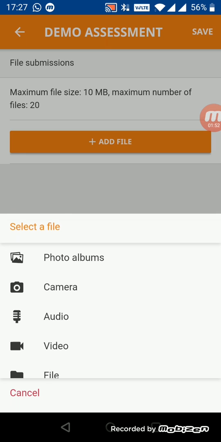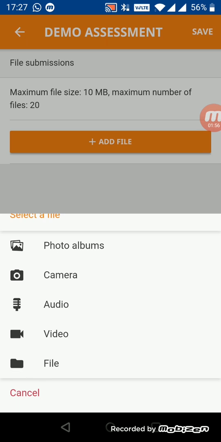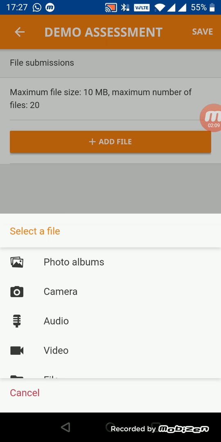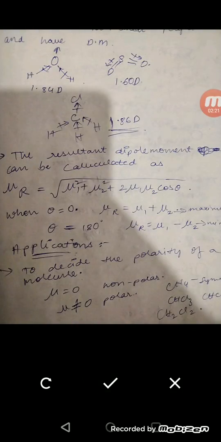For example, you want to directly send it through your camera, or you want to send it through your file, just like WhatsApp. If you know how to make a PDF, you can send it by attaching that PDF file. Or if you don't know how to make a PDF, you can send it like a photograph by pressing this camera. Say for example, I press the camera, I open it, I'm randomly taking some answer sheet,